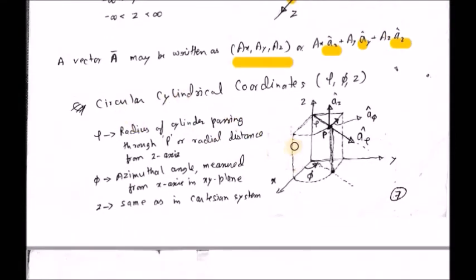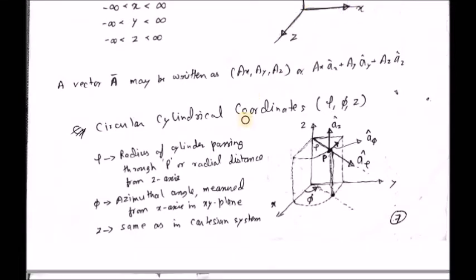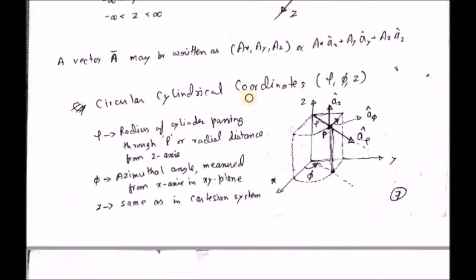And then comes the circular coordinate system. Next is the circular cylindrical coordinate system, and points in this system are represented by rho, phi, z,